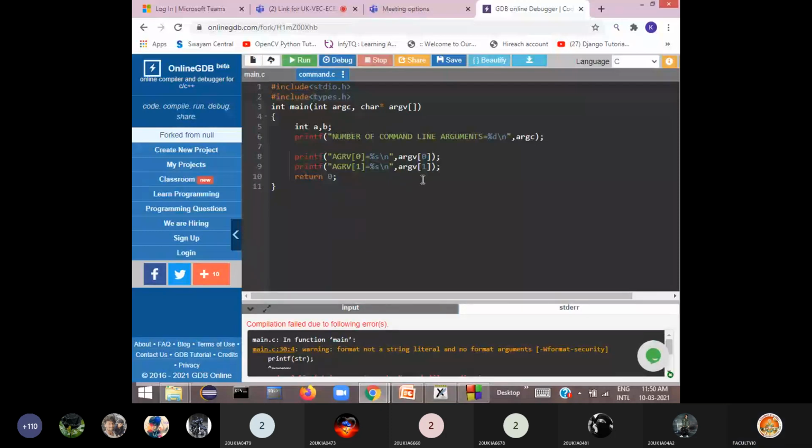Types.h also is not supported here. Let me remove this, and afterwards we'll see.